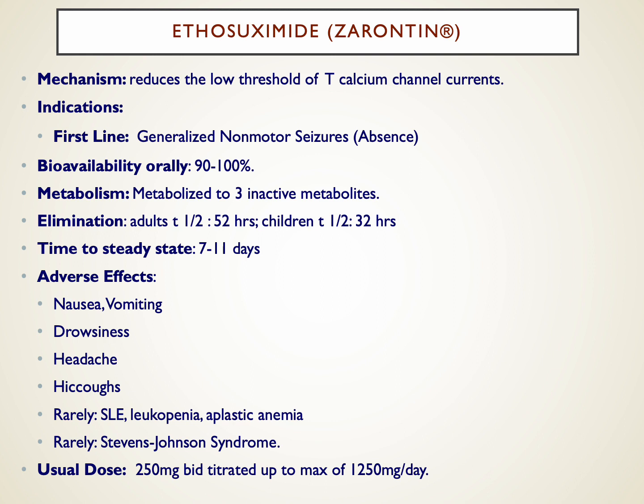Ethosuximide is a first-line agent for absence seizures, the generalized non-motor seizures. Either this agent or valproate, Depakote, are considered the first-line agents. And I think in most settings with new onset absence seizures diagnosed in children, we classically would expect that this is an agent that might be the agent that's often picked first. Rarely associated with other side effects, including Stevens-Johnson syndrome or aplastic anemia, but I think those are quite rare in practice.